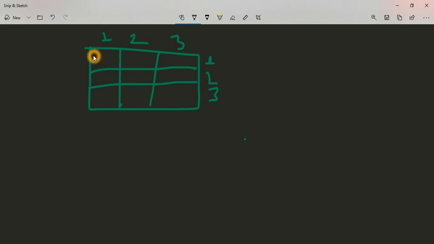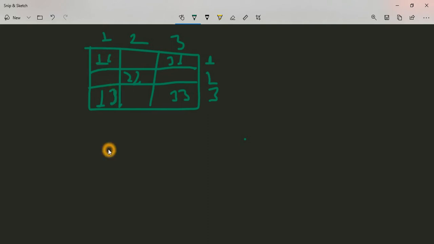So now for the left to right diagonal, we can simply see that 1, 1, 2, 2, and 3, 3 are the left to right diagonal elements. Now in case of the right to left diagonal, we have 3, 1, and 2, 2 is going to be here, and then 1, 3.